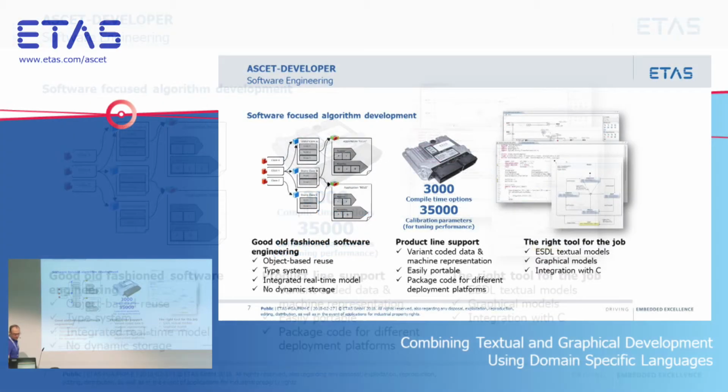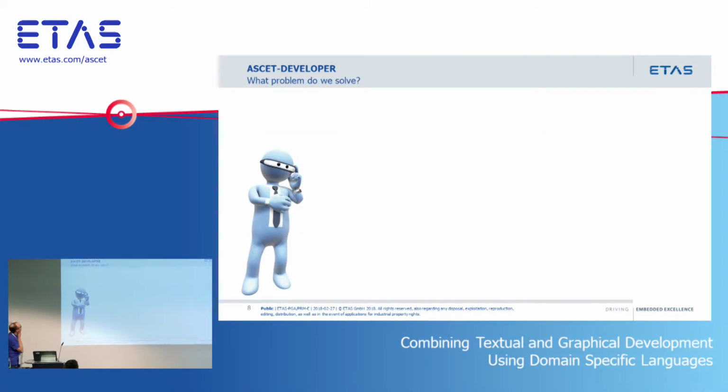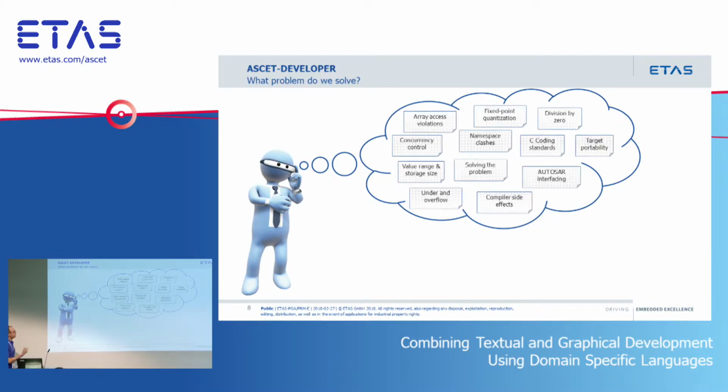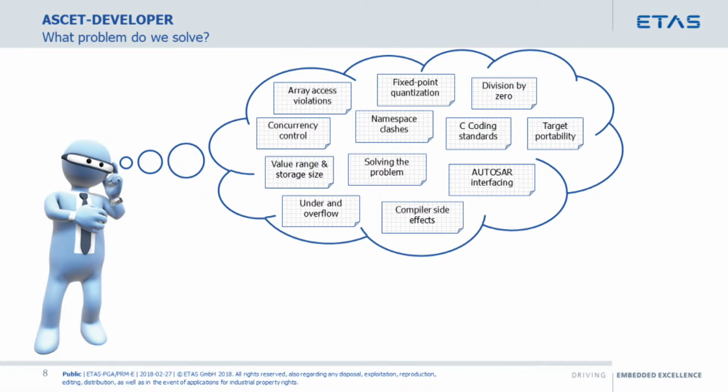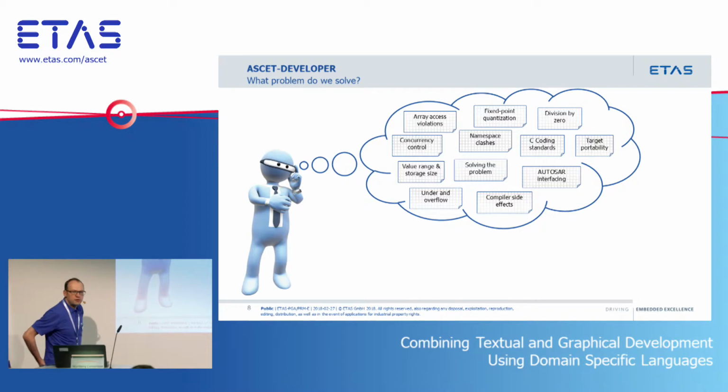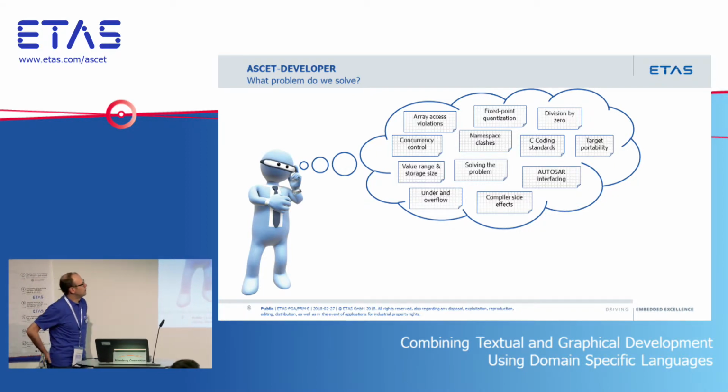In terms of the problem we're trying to solve, let's say you're this guy. So you're Mr. ETAS and you're thinking about writing a piece of software. Actually, there's quite a lot of noise that you have to think about just in terms of writing a normal program if you're going to hack that together in C. And there are all these kinds of things. So yeah, you write an array. How are you going to make sure that you don't run off the end of an array or index below the bounds of the array? How are you going to make sure concurrency control is working properly? What about working with fixed point? Are you going to use some libraries? Are you going to write that yourself? Are you going to do that by hand? What happens when you divide by 0? What happens when you do an underflow or an overflow in a calculation? How is all that going to work?